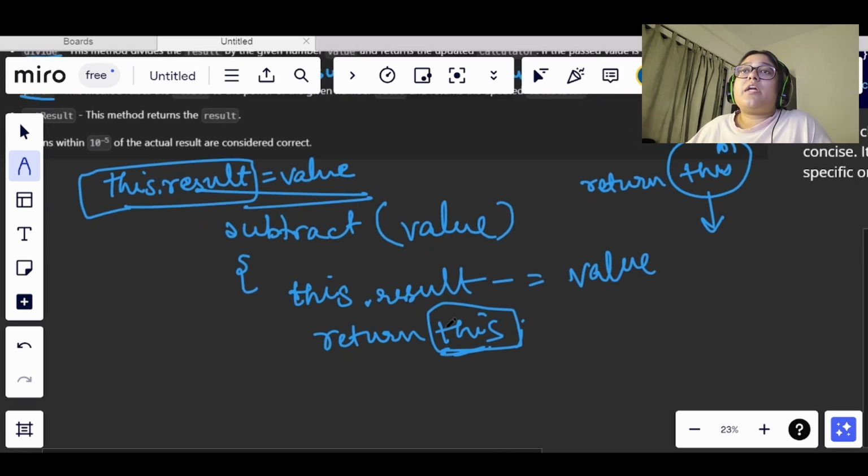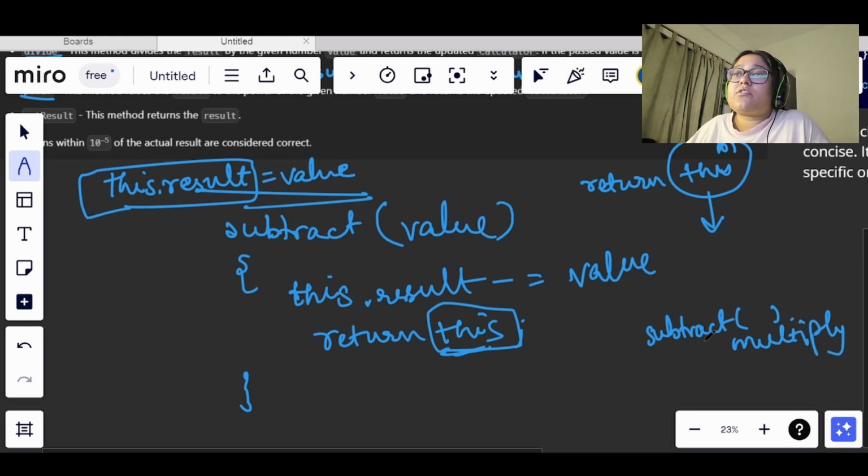Let's say after subtract we call multiply. Now we are returning this, and this will be the result for multiply, and it will be multiplied with the value.